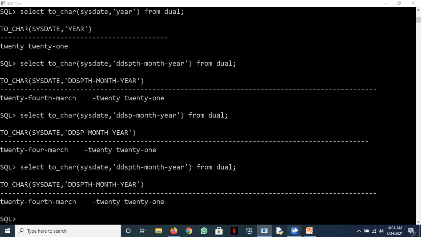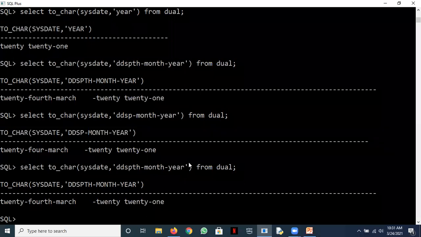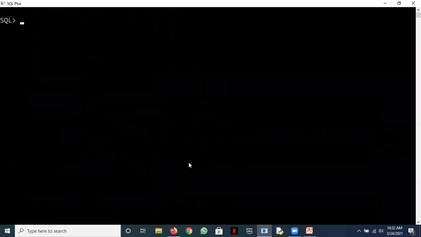Let's now see where we are. So SQL functions, yeah, I need to still continue with a few SQL functions. We have discussed to_char and to_date. You can watch this video again and work with these functions. Now let's work with some other date functions, okay, which you might not be aware of. Maybe you have seen them, but you have not worked with them. Okay, so just pick up your copy and pens and work with me for the next 10 minutes now.